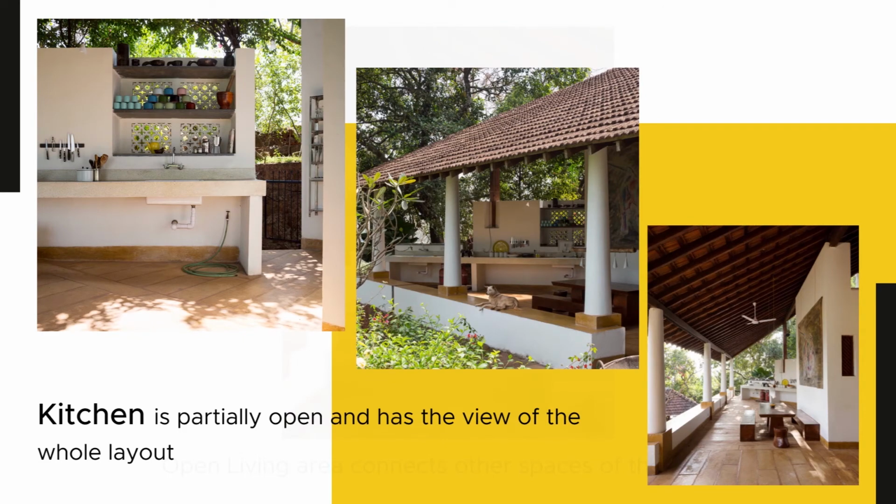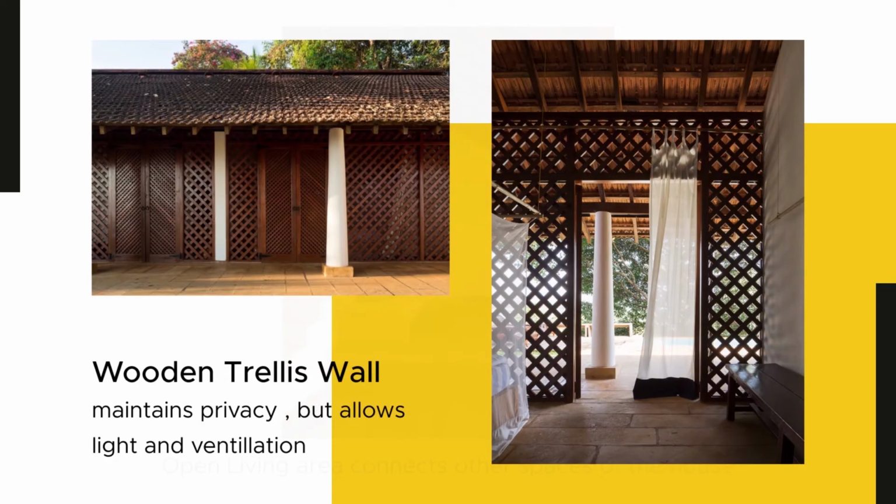This is the kitchen. It is partially open to the outside space. From the kitchen, we get a view of the whole house. The dining furniture is cut out of one big piece of wood. There are 2 bedrooms in the main house located behind this wooden trellis wall. The trellis wall provides privacy and filters the light beautifully. It is crazy to think of having an open bathroom in the tropical region, but thanks to this private jungle space, it made this possible.